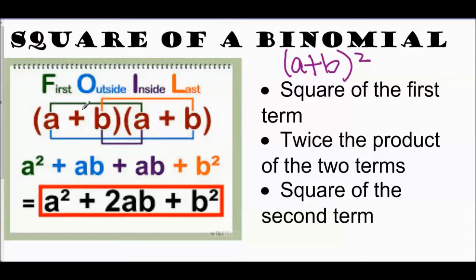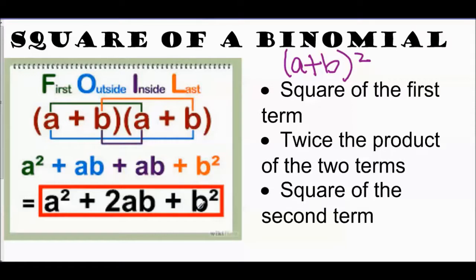So if you were to FOIL that out, your first multiplying would be a times a, which is a squared. Then the outside terms would be a times b, which is ab. Then your inside terms would be b times a, which is ab. Then your last terms would be b times b, which is b squared. So when you simplify that, the ab and the ab are combined to be 2ab. So your resulting expression is a squared, whatever that first term was, plus 2 times both of the terms, plus